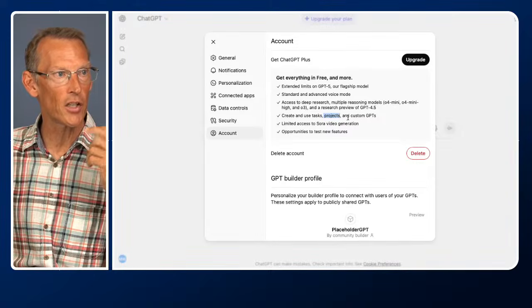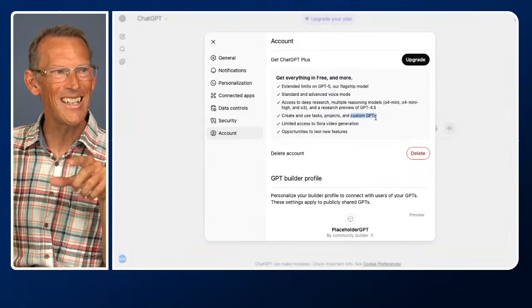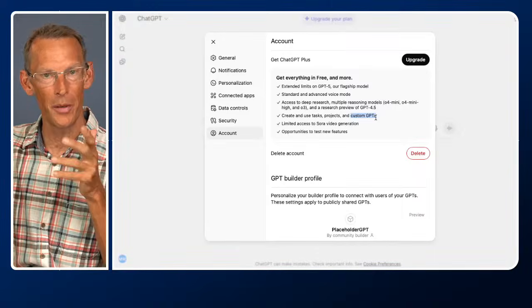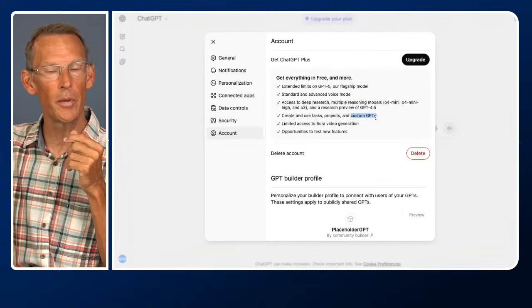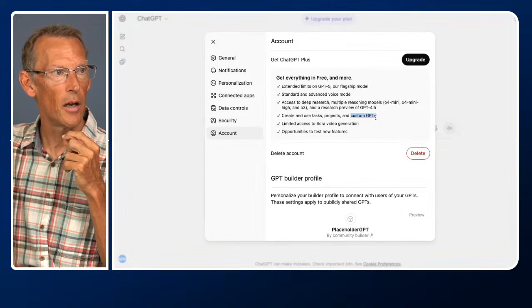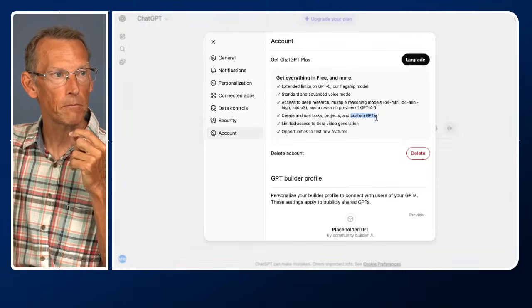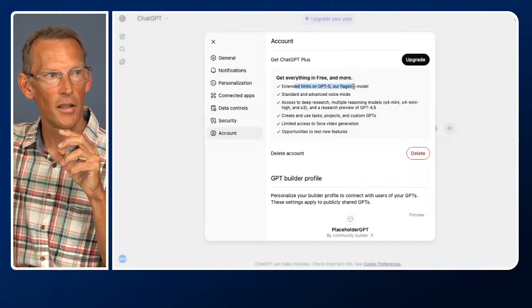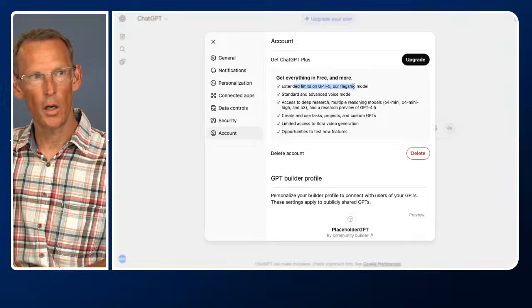I love projects. Custom GPTs are great as well. I would suggest they're probably better for business purposes, but there can still be some cool little use cases if you want to explore those. But I think that for me, the projects and the extended limits is sufficient to upgrade to a Plus account. But start with free and see if you like it.